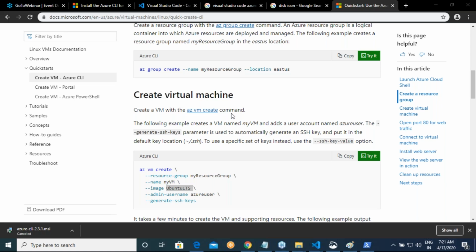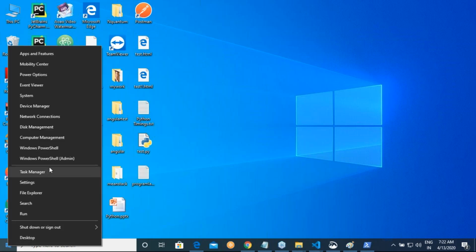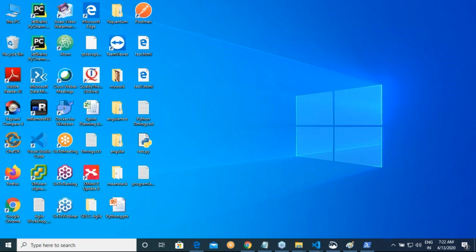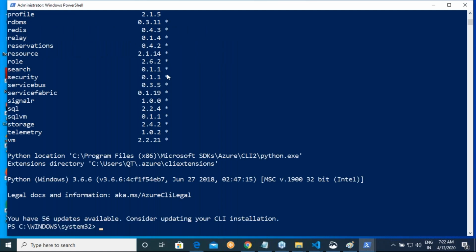What is it that you have installed, Vijay? What software are you speaking about? Azure CLI. If you go into PowerShell, and if you have installed Azure CLI correctly, and if you type az --version, and if it is working, the CLI is already installed. Am I clear on that?